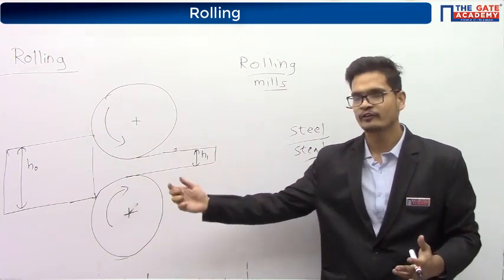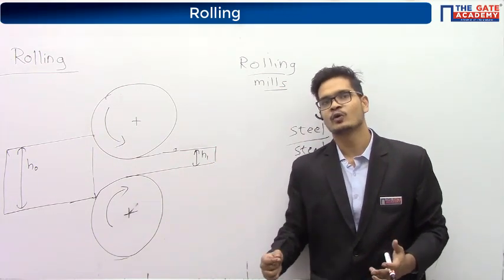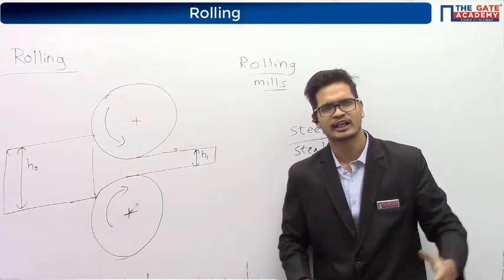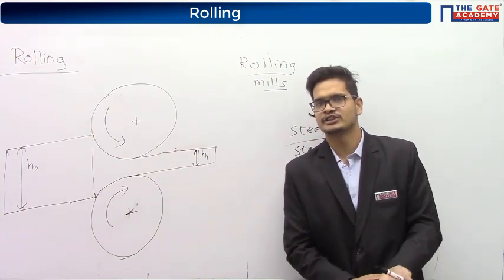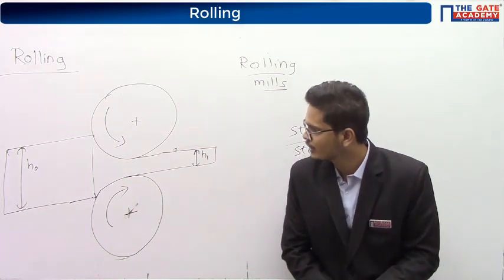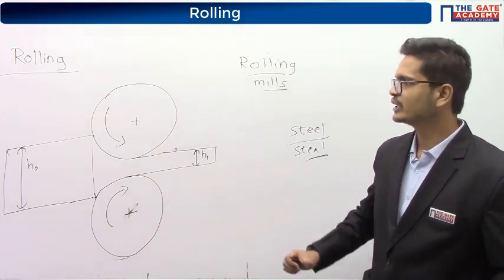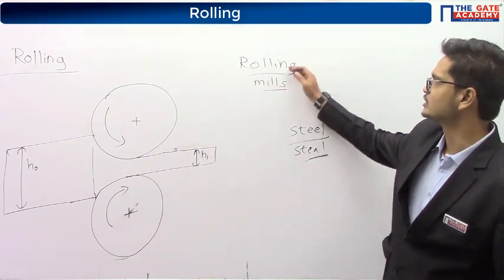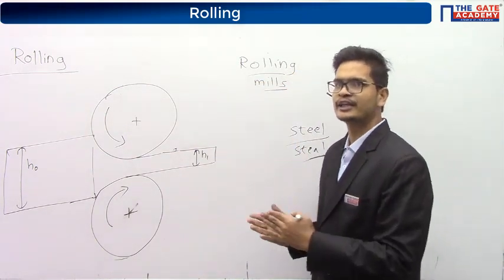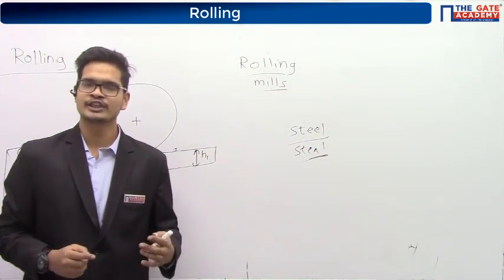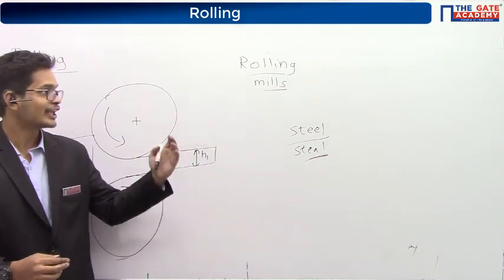So in childhood, I had a friend. He was very, very rich. I asked him, what does your father do? That time, in class 5 or 6, he used to come in a Mercedes or BMW, I don't remember, one luxury car. He told me, my father owns rolling mills. I didn't understand what rolling mills are. I simply thought that just for rolling clothes they are getting so much money. So there I was wrong.